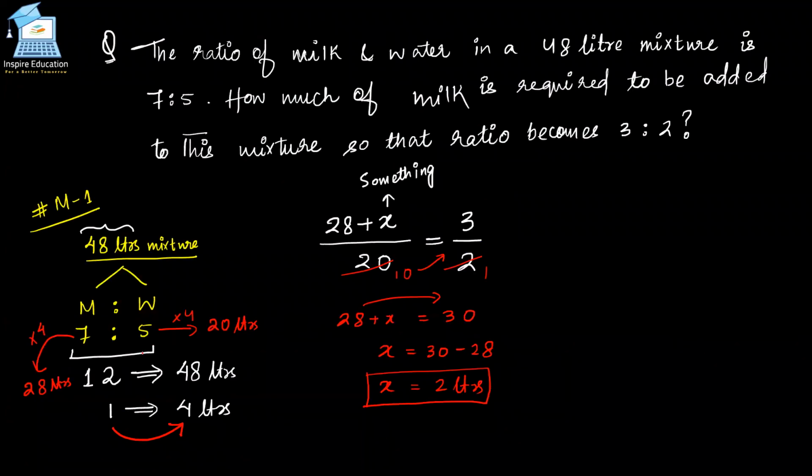You need to do nothing. You just add these two ratios, 7 and 5, 12. And what is the total? The original total and the fake total. You just need to compare the original total and the fake total. The fake total always comes from the ratio, because ratio is never a true value. Ratio is comparison. So comparison is never true. Comparison is fake.